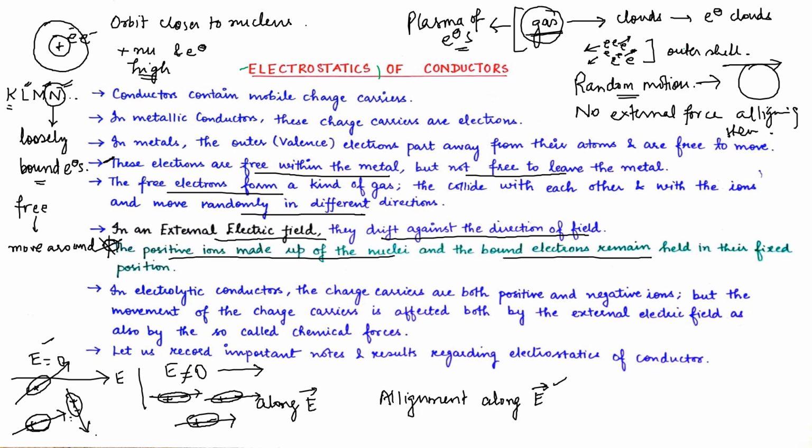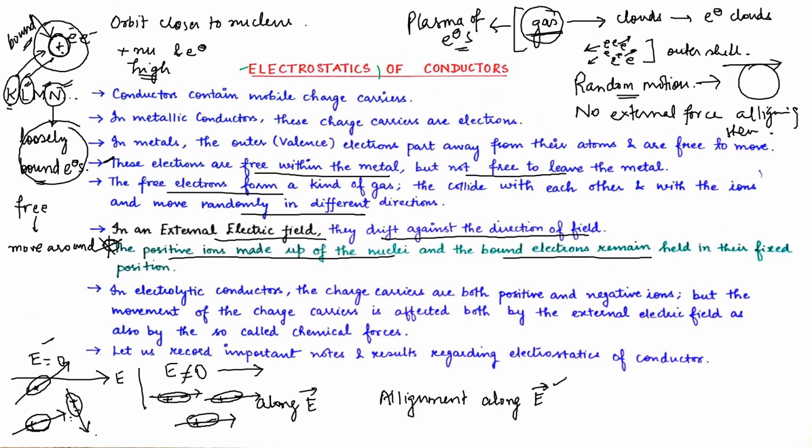But this nucleus of this metal, and this K shell or L shell, the shells nearer to the nucleus, these electrons are bound electrons which are bound to the nucleus due to attractive forces. They will be unaltered in the presence of an external electric field. Only the loosely bound electrons